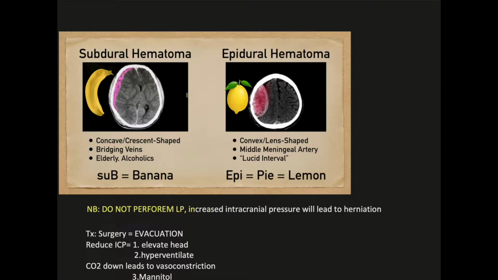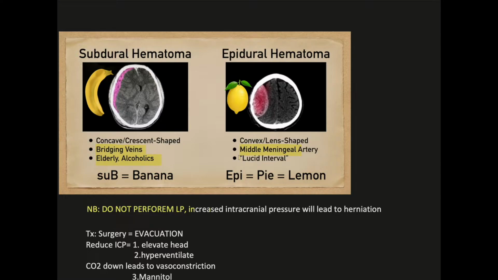Okay. The second most important information to know about hematomas is which vessel got injured. In epidural hematoma, the middle meningeal artery got injured, but in case of subdural hematoma, it's the bridging veins that get injured. Subdural hematoma is more common in elderly and alcoholics, like those who take alcohol. And epidural hematoma,